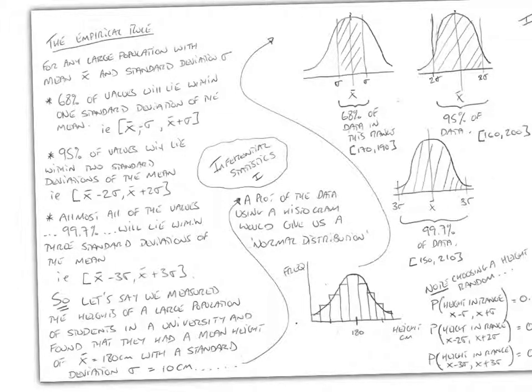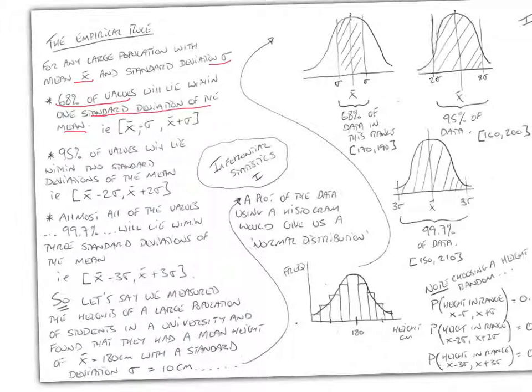Okay, so the empirical rule states that for any large population, in other words, if we measure the heights of a large population of students in a university, we can get all those heights and find a mean value, x bar, for the heights and a standard deviation value from that mean. And the empirical rule states that 68% of all those values, all those measurements, will lie within one standard deviation